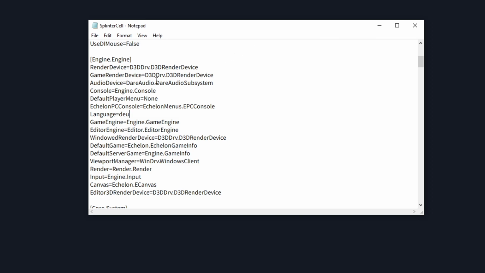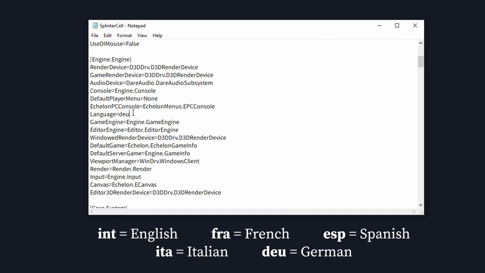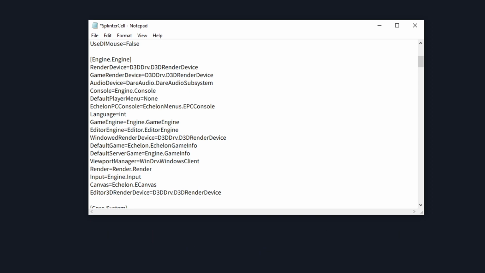And there are other parameters as well. For example, if you want to run your game in Italian, you just write ITA. If you want to run it in Spanish, you just write ESP. If you want to run in German, well, we've already discussed that. It's DEU. And if you want to go back to English, it's INT. So, yeah,